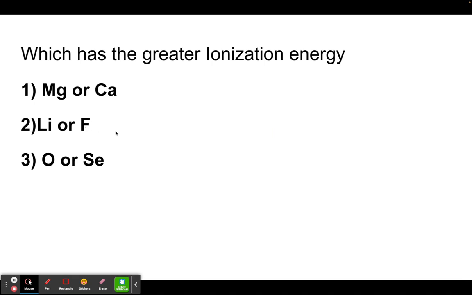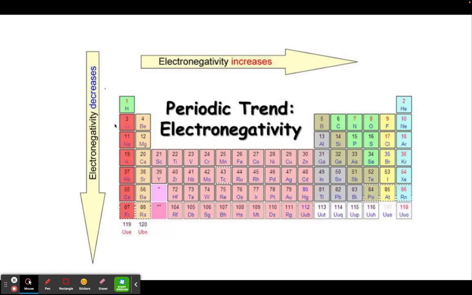Which one would have a greater ionization energy? In other words, which one would it be harder to remove an electron from? Well, lithium and fluorine are in the same period there. Therefore, the one with the